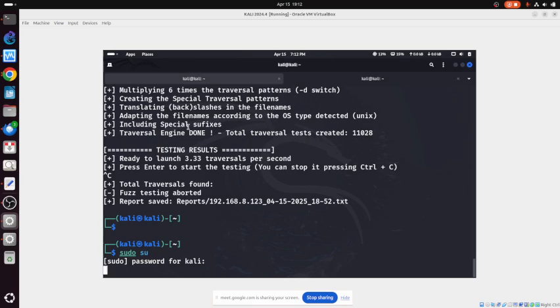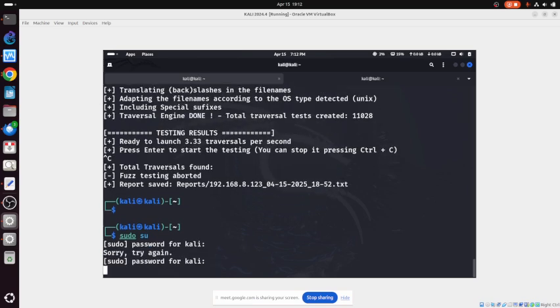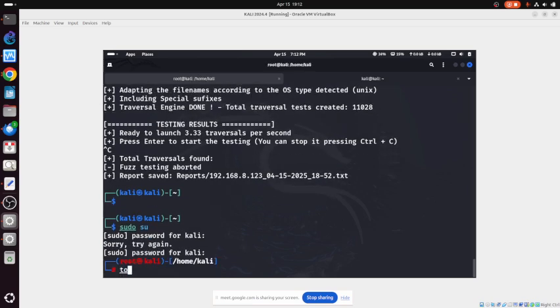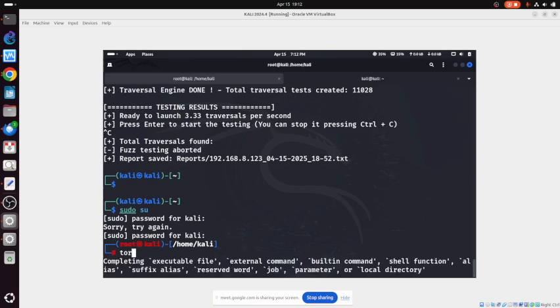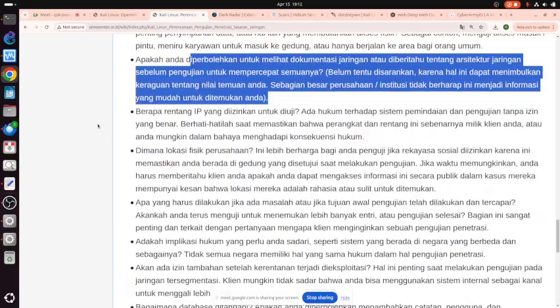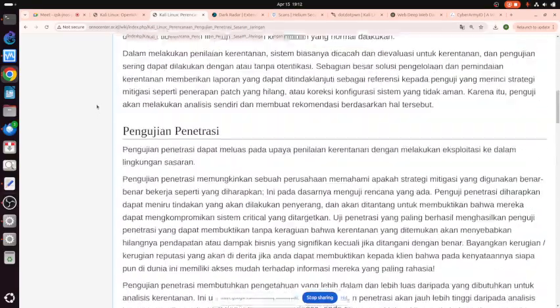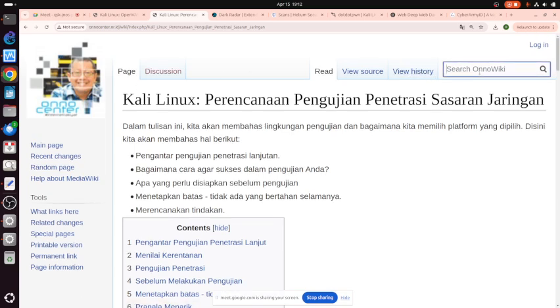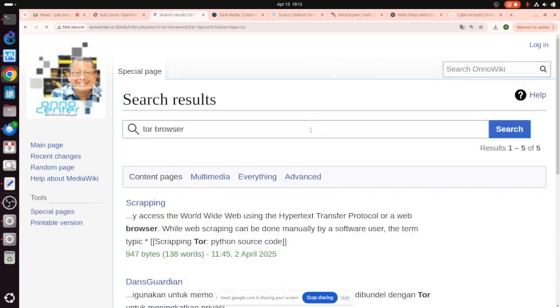Let me see if I have Tor. Oops. Okay. I have not installed Tor browser. Let me see if I can install Tor browser here.